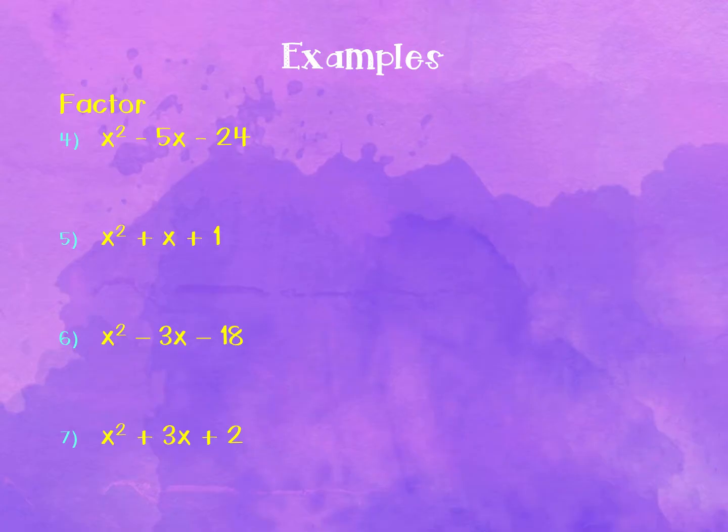24 has a bunch of factors. What you can do is, if you don't want to list all of them, just start listing until you find the one that works. So for this one, I'm looking for factors of a negative 24. This tells me my signs are different. And the bigger number is going to have the sign in the middle, which is negative. So I have 1 times 24. Bigger factor here is negative because that's the sign in the middle. Notice this one gives